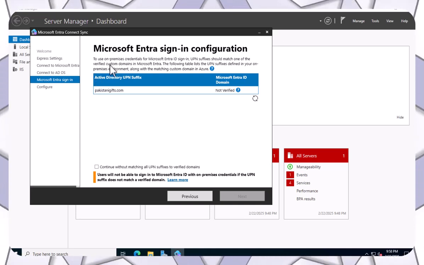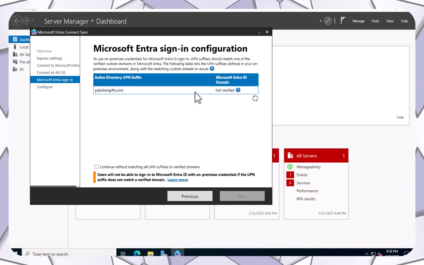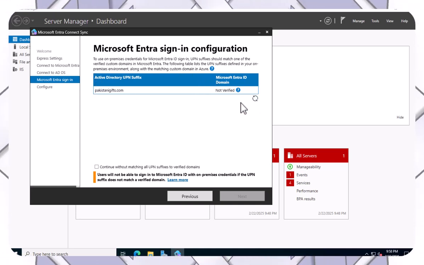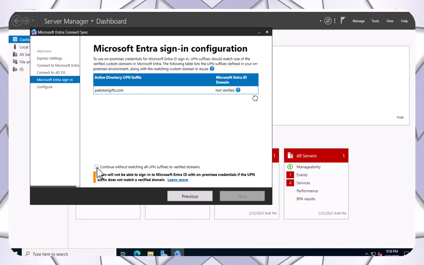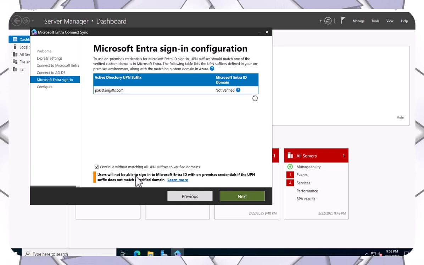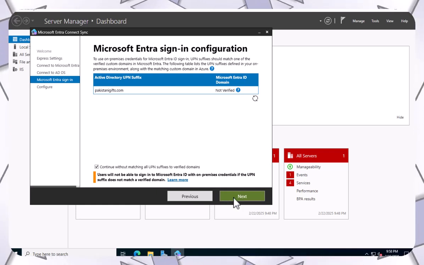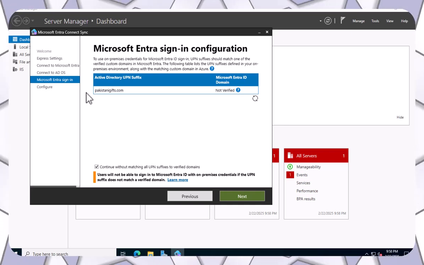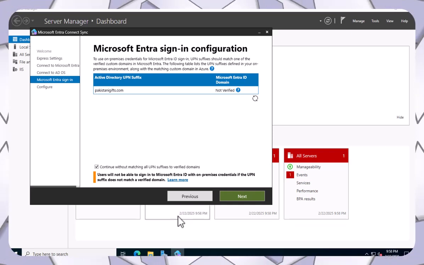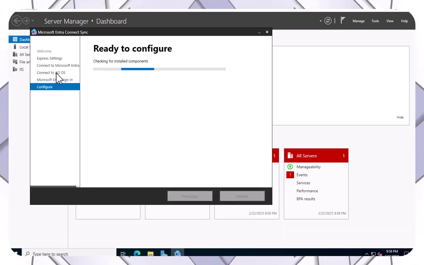To use the on-prem credential, UPN, and the domain is not verified. Yeah, because they didn't verify it, but continue without matching all UPN suffix. But in the production environment, we have to verify the domain before. Next,